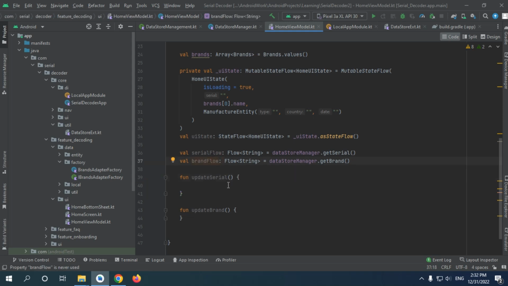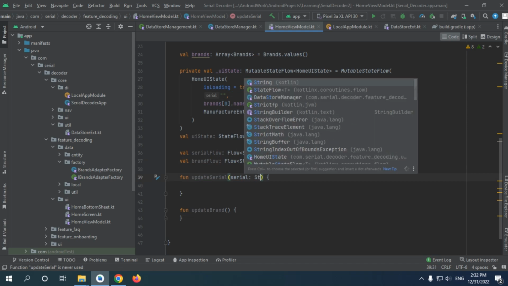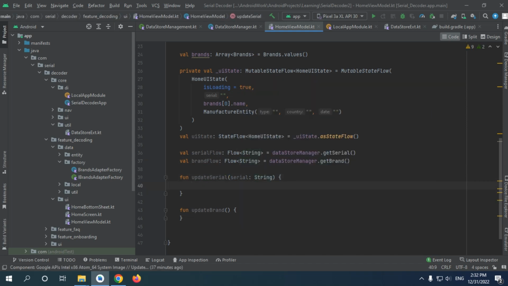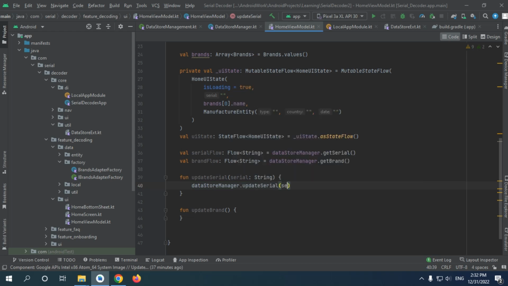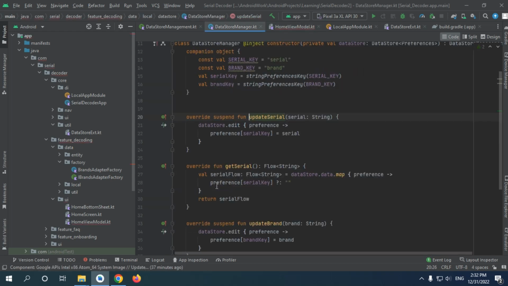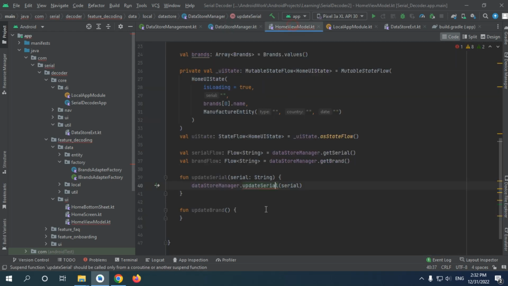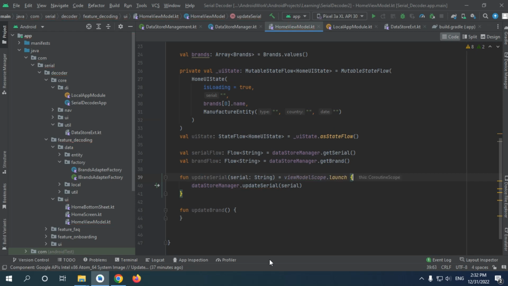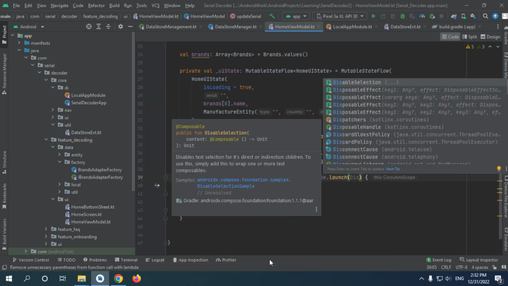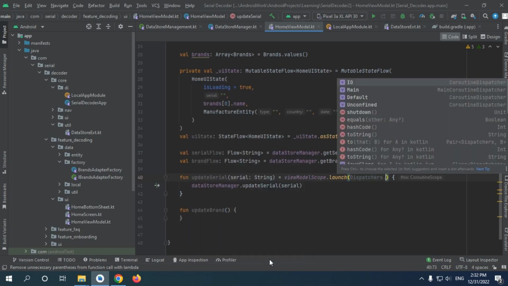We have our serial and brand flow. Now we need to update them. So I will pass the serial as parameter here, and we will need to update the serial using data store manager. We're gonna pass the serial, and since update serial is a suspend function, it must be called in a coroutine. We'll use our view model scope launch, and I will choose the specific dispatcher of IO,